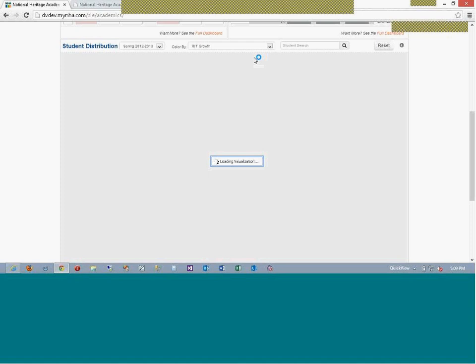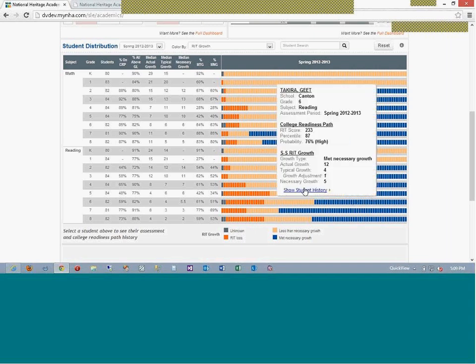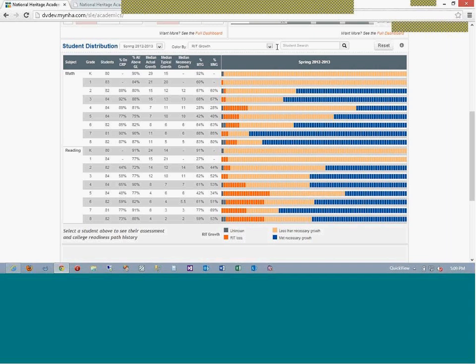And I apologize if this is running a little bit slow. This is on our development server because we had to scramble our data so we wouldn't be showing student names. So we had to do that on our development server rather than our production server. But you can see there that just changing the parameter changed the color from a status measure to a growth